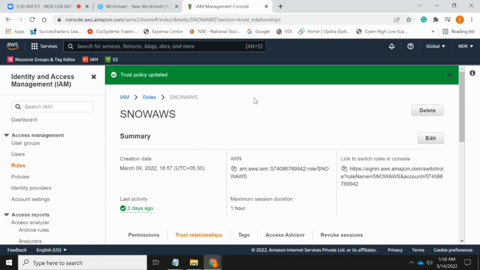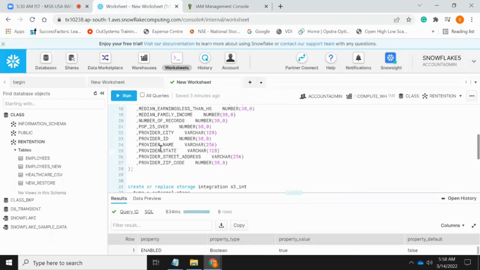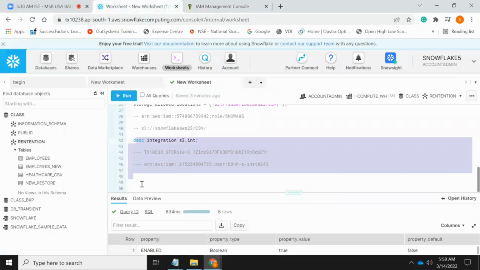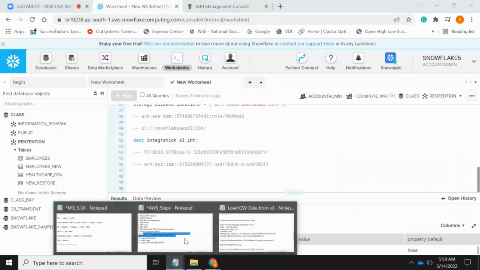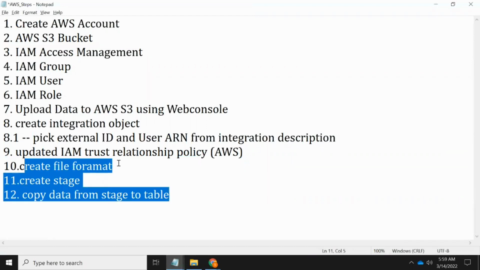Once this is done, then they will send a communication to us. Yes, the policies have been updated. Once you send the communication, yes, policies have been updated, then only you are going to create the file format, stage, and then copy the data from stage to the table. Okay, so understand. Now let's